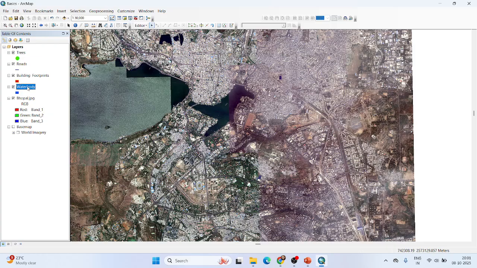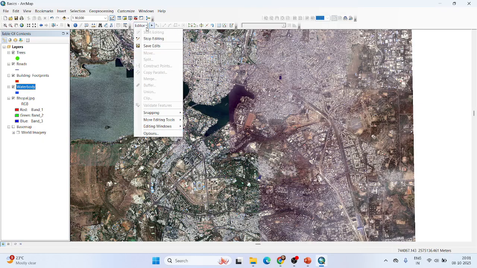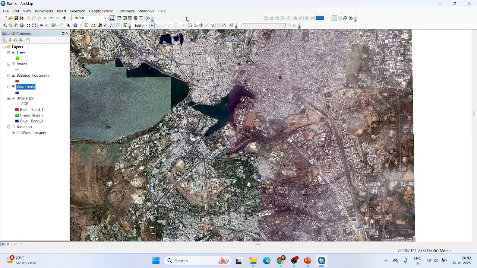So we have asked GIS to start editing for water bodies. GIS has started editing. That means my editor toolbar is now enabled. You can check here also. Editing has started. Okay. Now, how to start creating features? See, if we go directly towards the end,